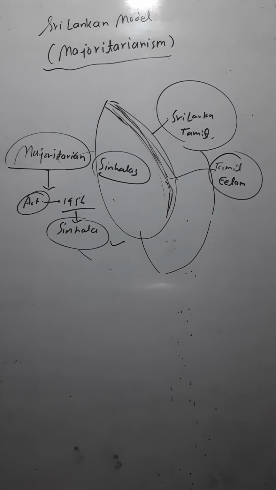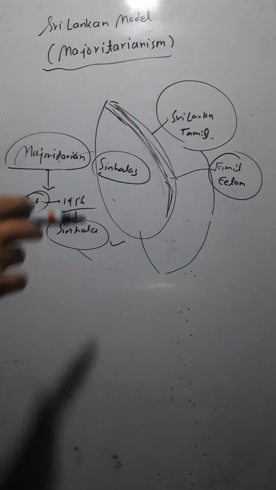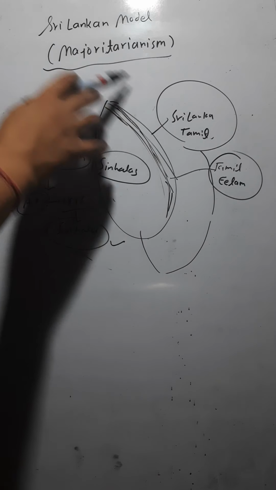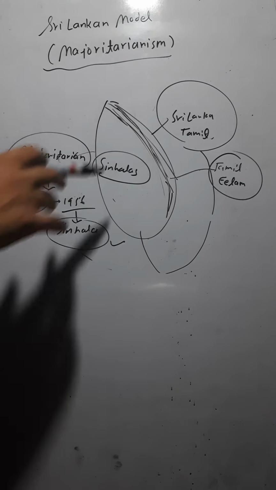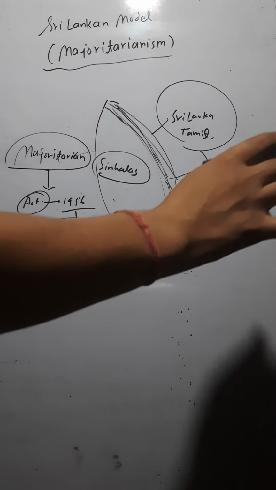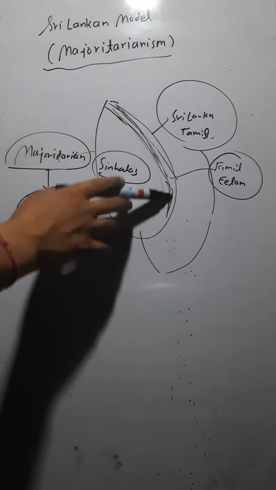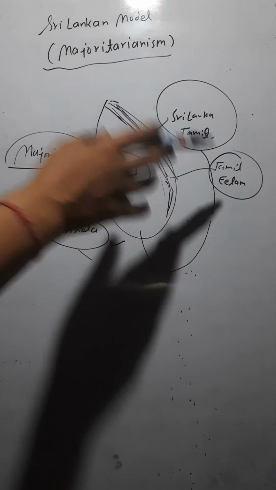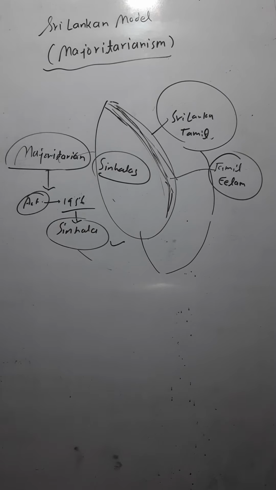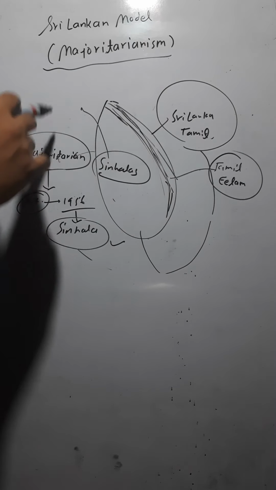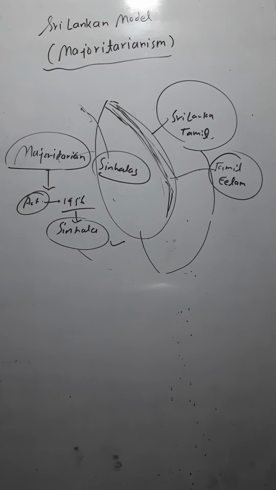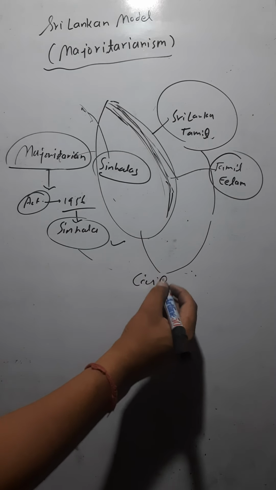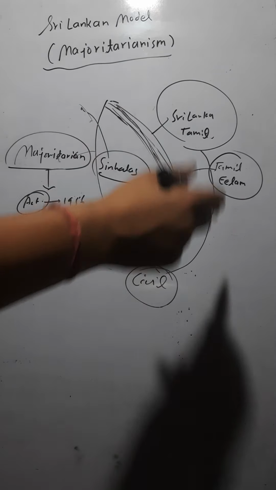So they started demanding Tamil Eelam. Tamil Eelam means a separate region or a separate state for the Tamils, where they would have total power. Whatever they want to do, they can do it here. So they now started demanding the separate Tamil Eelam. But the Sinhalas were in the majority, so all the time they cancelled their demand, isn't it? They cancelled their demand, which led to a civil war, a huge civil war between these two communities.